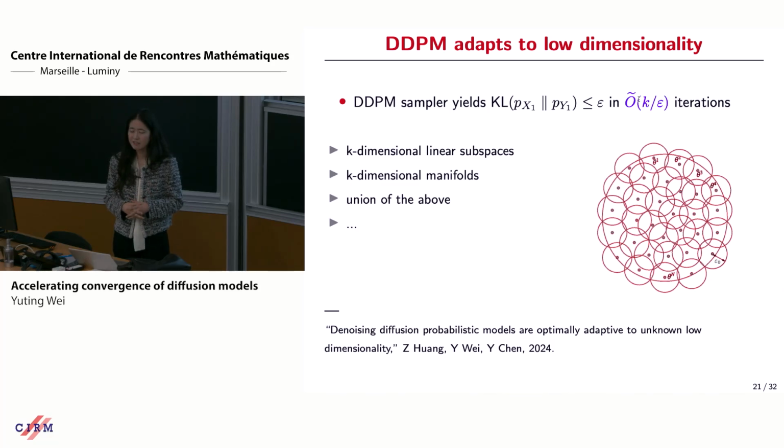In the sense of the DDPM algorithm, as it is in its original form, will automatically adapt if your target distribution is actually k-dimensional. Yes? I'm just wondering, so Kullback-Leibler means in particular the measures are equivalent or absolutely continuous